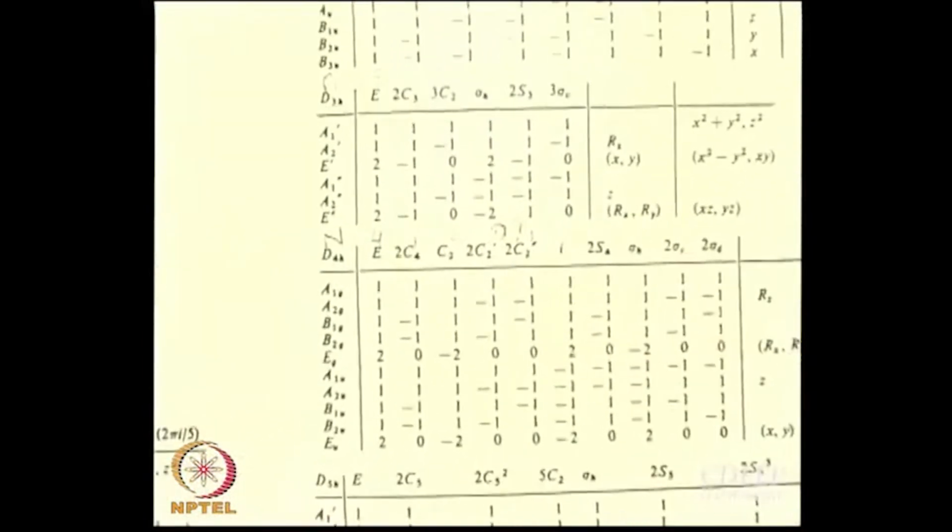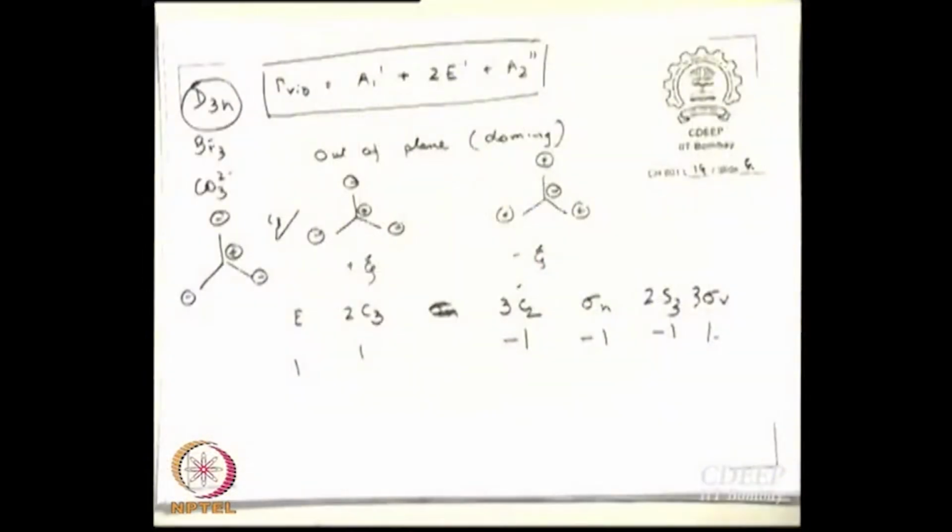So even without the character table, I can say that this A2 double dash mode has to be the doming mode, isn't it? Understood? So I don't even have to look at the character table in this case. Just because it is double dashed, I can say that it has to be the out of plane motion. A2 double dash is 1, 1, minus 1, minus 1, minus 1, 1. So perfect match, that is what it is. So what we have identified so far is that this doming motion that we could draw easily without much hassle, we have identified that the doming motion,